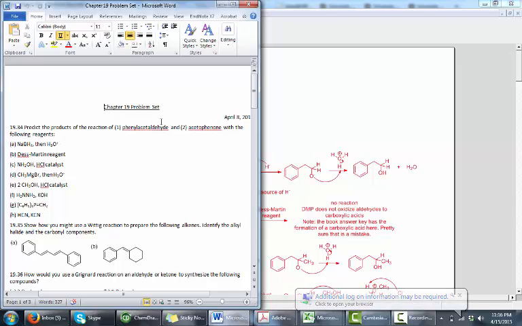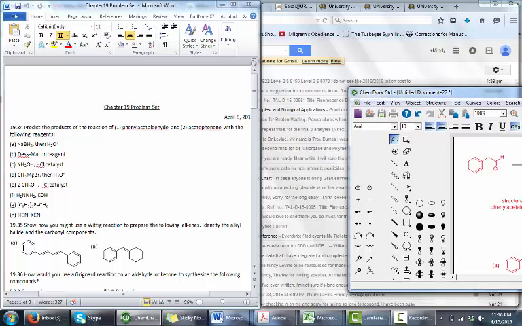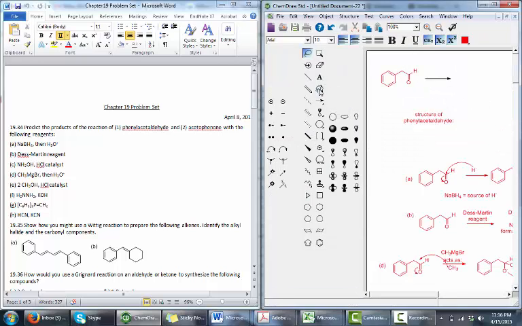The first question is, can we draw the structure of phenylacetaldehyde? Acetaldehyde by itself is going to look just like this, just a CH3 attached to an aldehyde. And when I say phenylacetaldehyde, what I mean is to add a phenyl group to the parent acetaldehyde, which is this structure here. And then if I want to treat this with NaBH4 followed by H3O+, the question becomes, what product will that